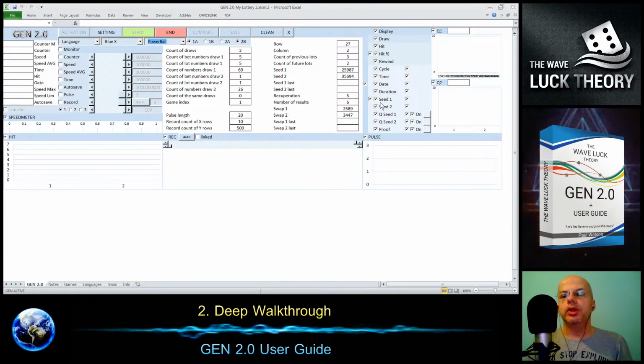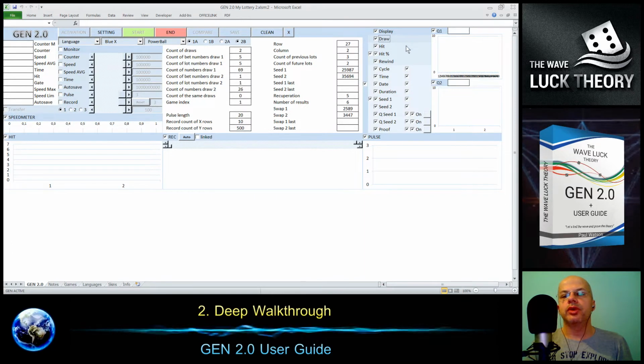Then we only need to set up what we want to see on the output boxes, and for this there is this column of check boxes, and I will explain it. On the output boxes you will always see the generated numbers. Its mark is there for the first and second draw, so even if I uncheck it, you will always see it.